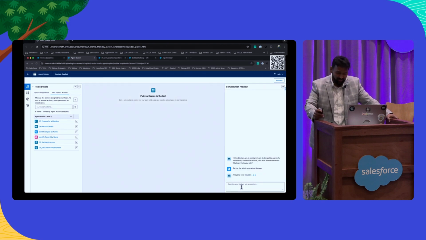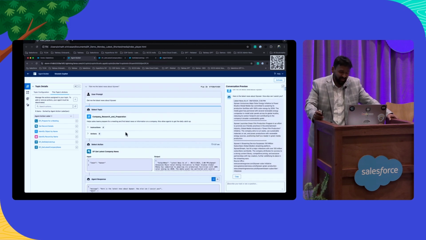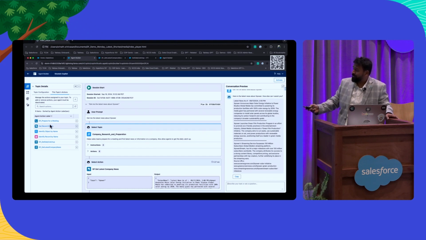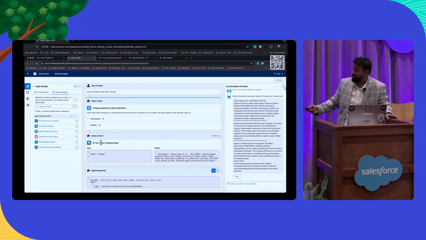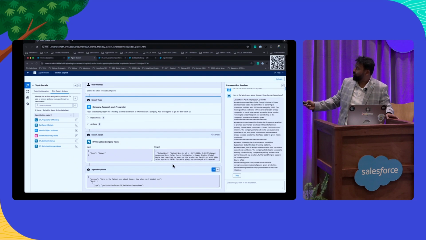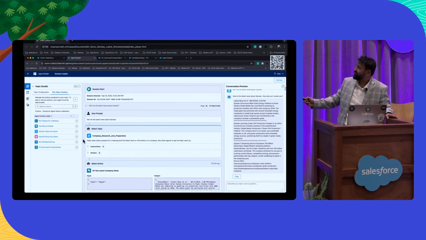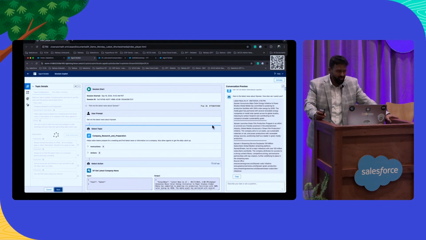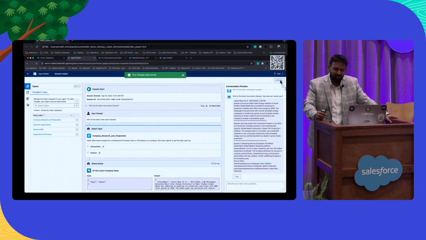We're now putting it to the test, and I'm able to get the latest news about this organization. As with last time, you can see the intent is identified, the topic is picked, and the custom action is chosen in order to get the response that we want. It gives me the news as of this morning, this afternoon, so all the information that I want is here. Now that we have done this, let's take a quick pause and go back and activate our Copilot so that it's ready to use.